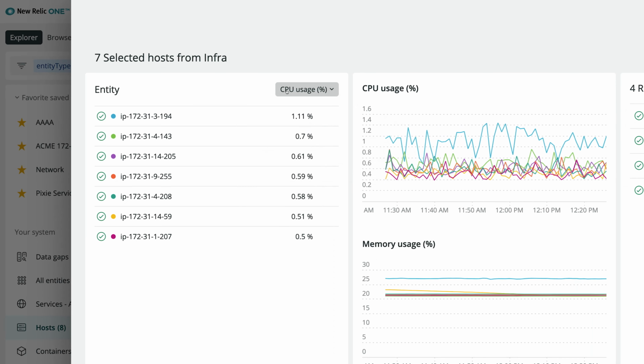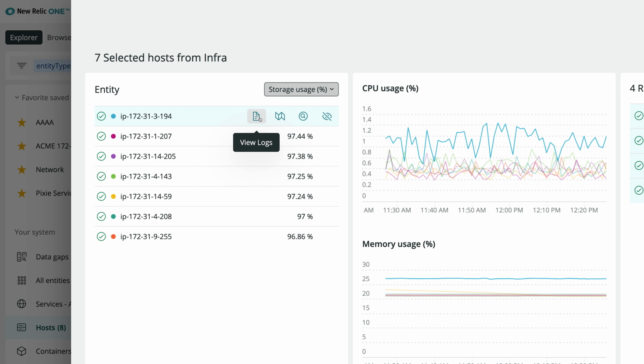We can also change the golden signal referenced on the left-hand side. So let's show these hosts with their storage usage percentage. The infrastructure interface also offers a lot of in-context actions that you can look at. Selecting the View Logs button will bring you to only the logs for that specific host. Mousing over the icon all the way on the left-hand side will let you know if this host is in an alerting state. Each host is also color-coded as represented by the colored dot. This is also the color for the bar graph in each golden signal chart.